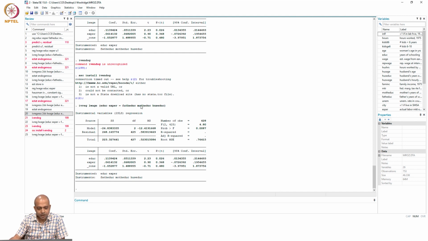Anyway, after estimating this model, if you put ivendog, then